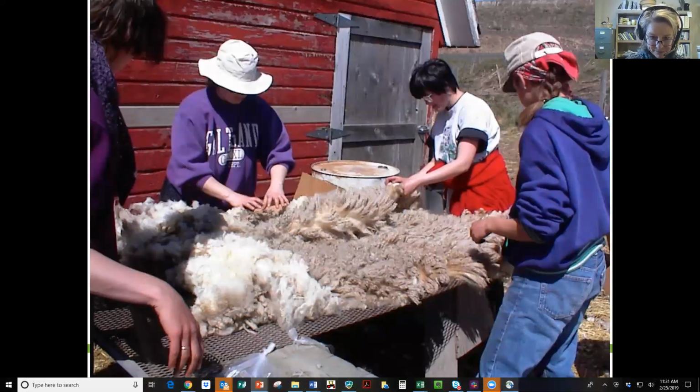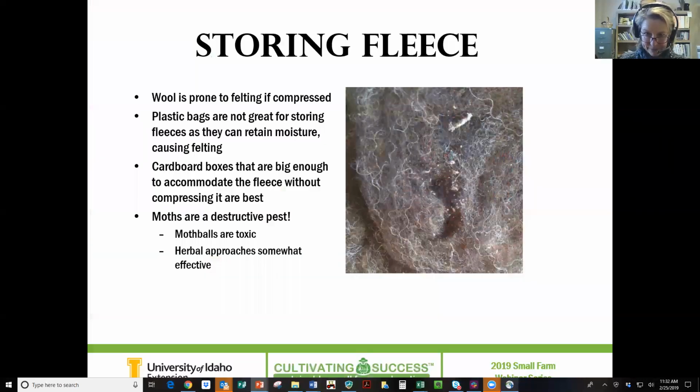So here we are at my farm, a very crude setup with a piece of duct tape along a piece of expanded metal on some barrels. And we've got a number of people because this takes a long time to do a good job. So I tried to make a big celebration with a big meal and a lot of fun happening on shearing day, and to get all my friends to come help with this process. You can see how greasy their hands are. Got lots of boxes and garbage bags for sorting.